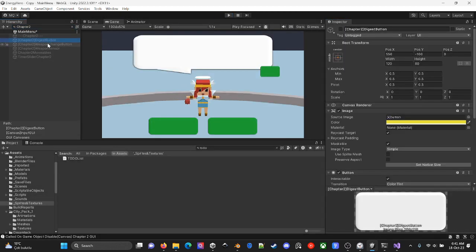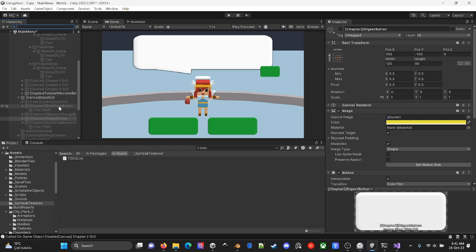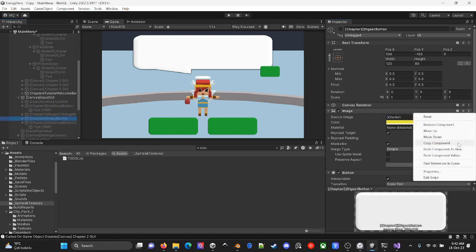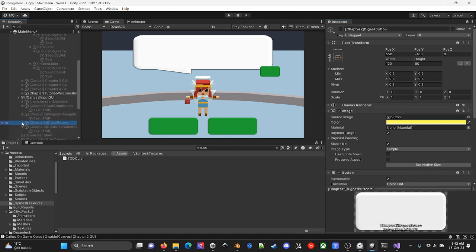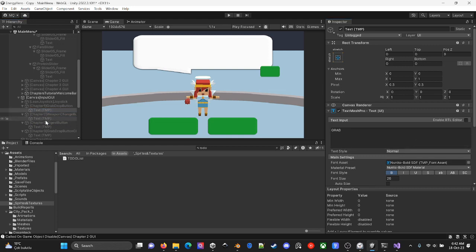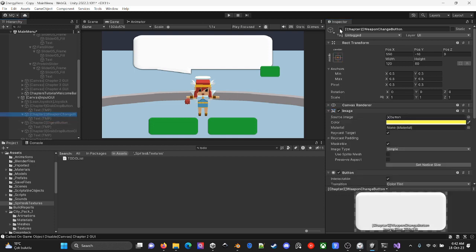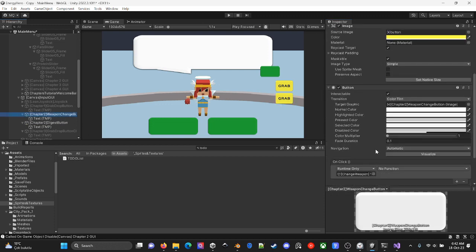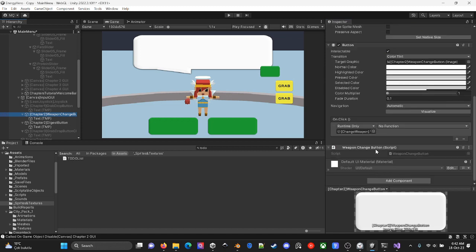Chapter 2 digest button. So what was the drop button? Copy components, paste component values. Here text, copy components, paste component values. And I want to change this weapon change button. Is the digest button. So weapon change button should consist of weapon change button,